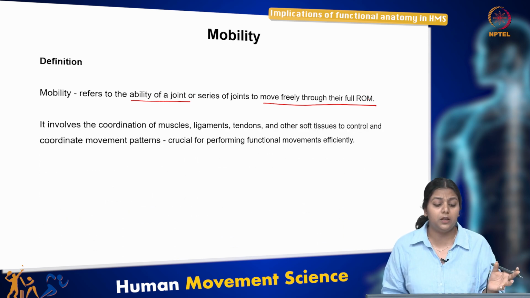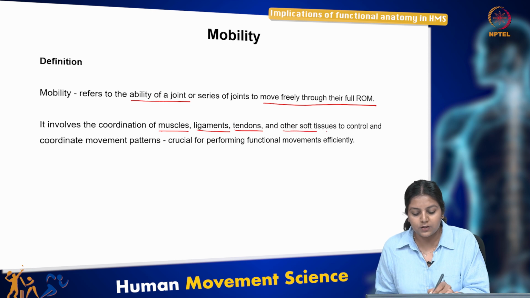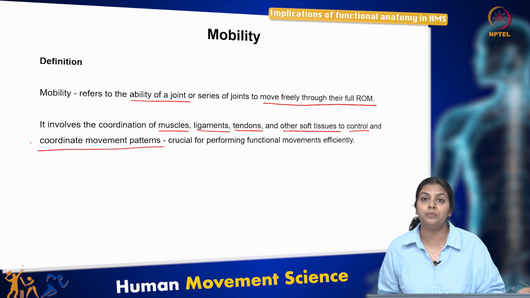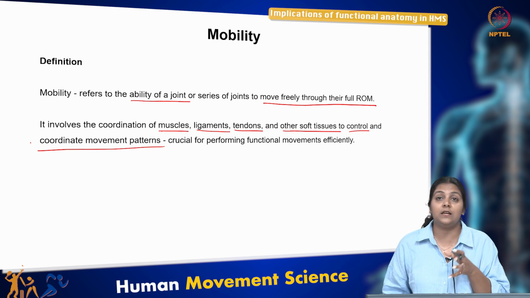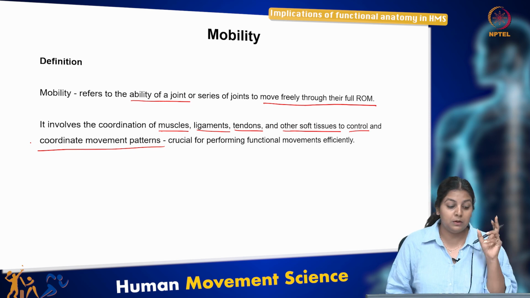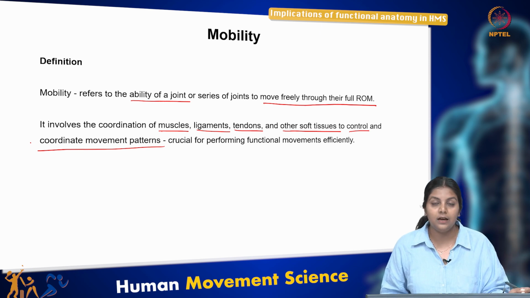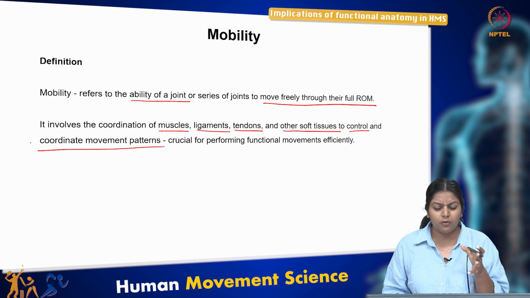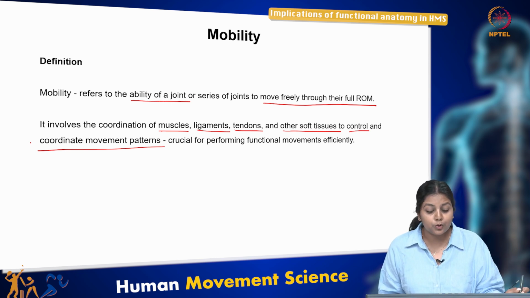So it involves the coordination of the skeletal structures like muscles, ligaments, tendons and other soft tissues to control and coordinate the movement patterns. So be able to be mobile. Whenever you hear coaches, your strength and conditioning coaches, telling your athletes, you need to be mobile, the joint needs to be mobile. It's the ability to move freely through their range of motion. So it involves the coordination of all of these to be able to produce a coordinated movement pattern. And it's crucial for performing